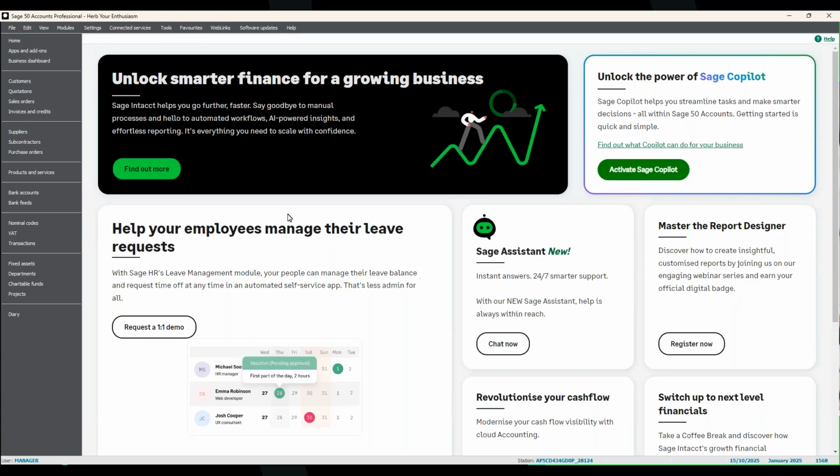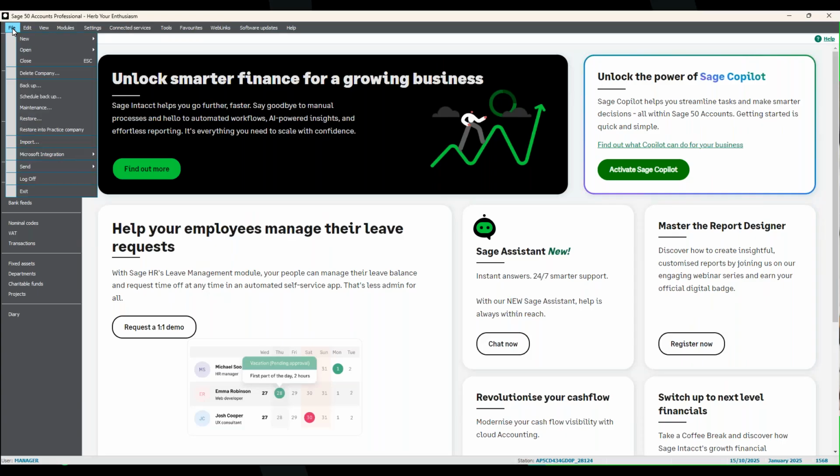We also have scheduled backups. This is always set up as standard, so it would only not be on if you've turned it off or if your IT have turned it off. But you need to be logged in as manager for this. So as long as you're logged in as manager, you can see just in the bottom left-hand side, if you go to File at the top,